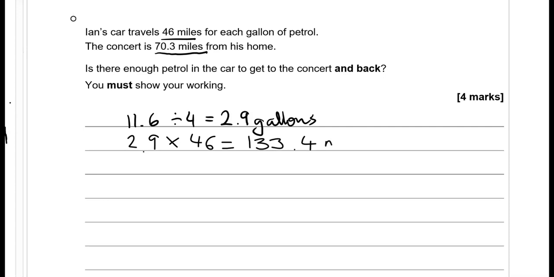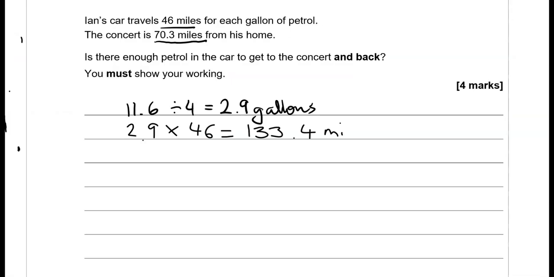133.4 miles. So this is how many miles they can be done in total with the petrol that is left. We will work out how many miles he needs to travel and see whether this is enough. So the concert is 70.3 miles from his home, but we also need to take into account coming back. So we'll go 2 times 70.3,